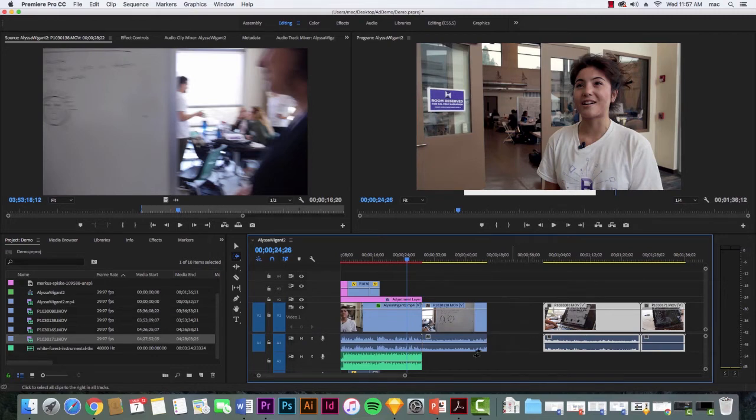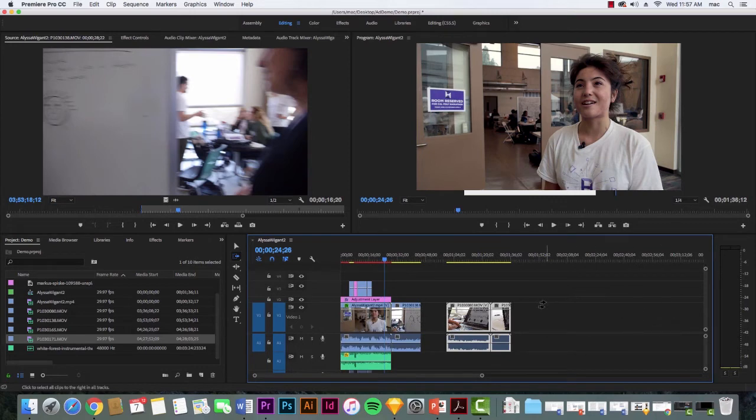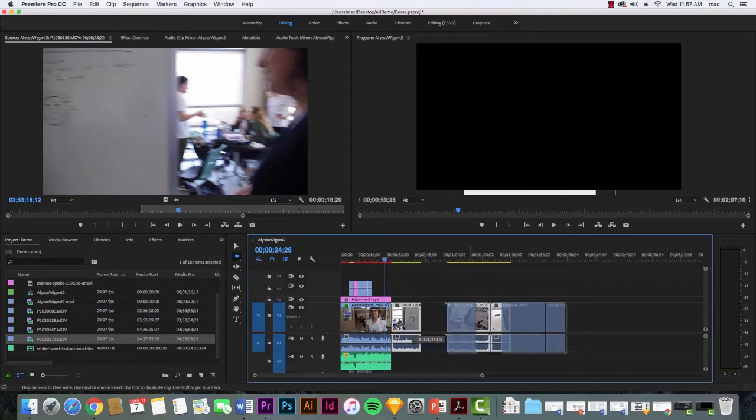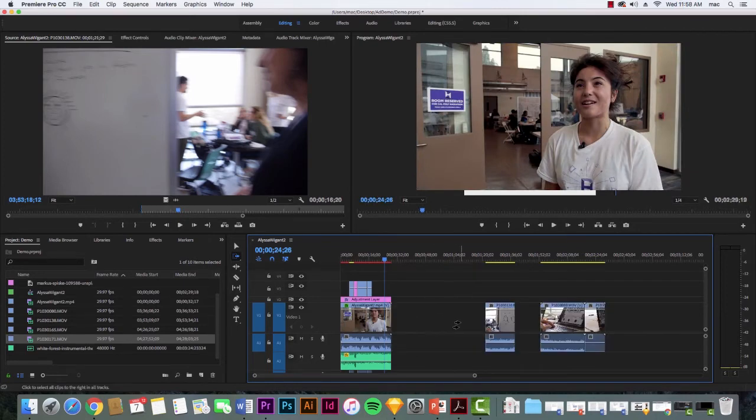And why this is helpful is, like I said, you could have 40 different edits coming all the way back in here, and you don't want to have to select it all and drag it all the way back. You can simply select wherever you click on the timeline, and it'll select everything forwards from that and allow you to move it. So that's also a very helpful tool, as well as you can then do the same thing backwards. It'll select everything backward from where you're at,